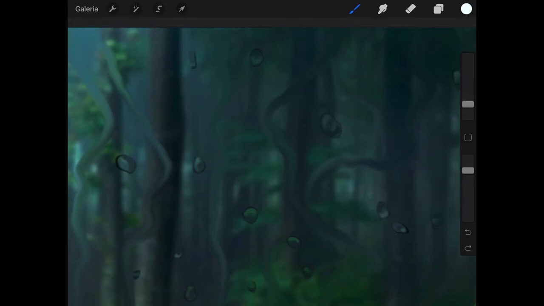Okay, so now what I'm doing is again, I'm going to continue using the same brush, the soft airbrush, and I'm using a pure white color in order to create some light reflections inside each one of my water drops. Okay, and this is why these kind of tutorials are pretty long,